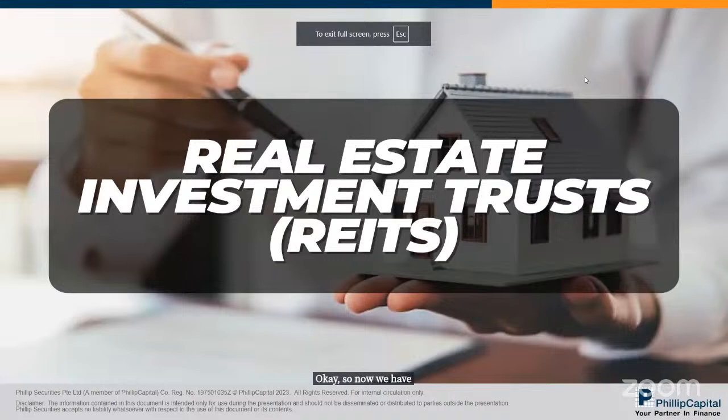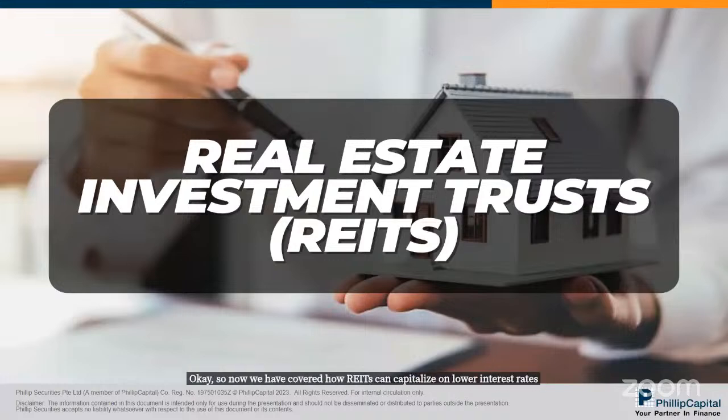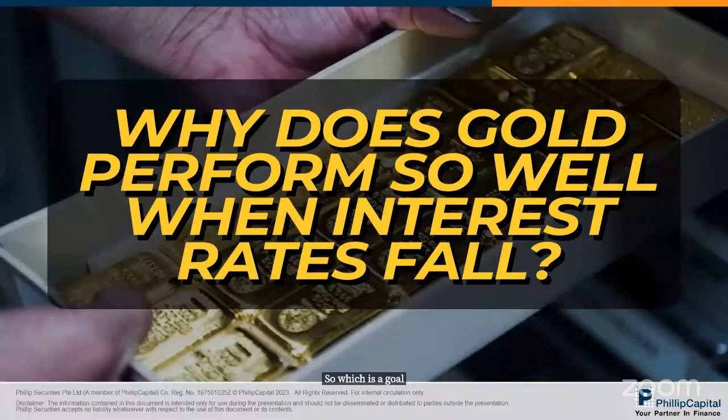Okay. So now we have covered how REITs can capitalize on lower interest rates. Let's turn to another timeless asset that shines when rates are falling, which is gold. So why does gold perform so well when interest rates are cut? Historically, gold has been a good investment during periods of economic uncertainty and declining interest rates. So when the cost of borrowing drops and inflation fears rise, investors often flock to gold as a safe haven to